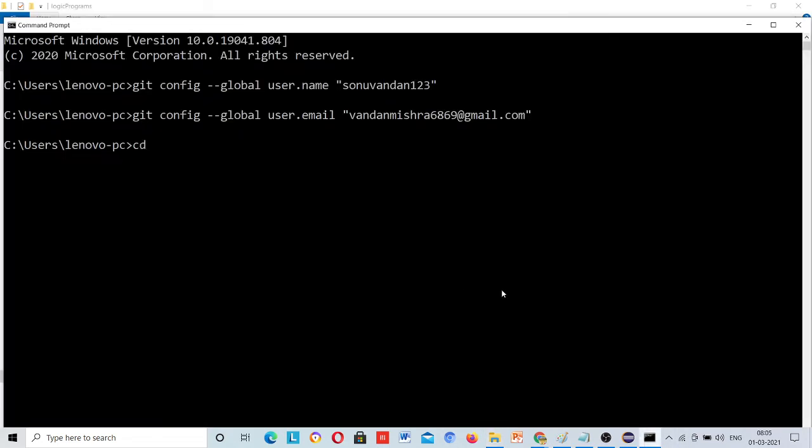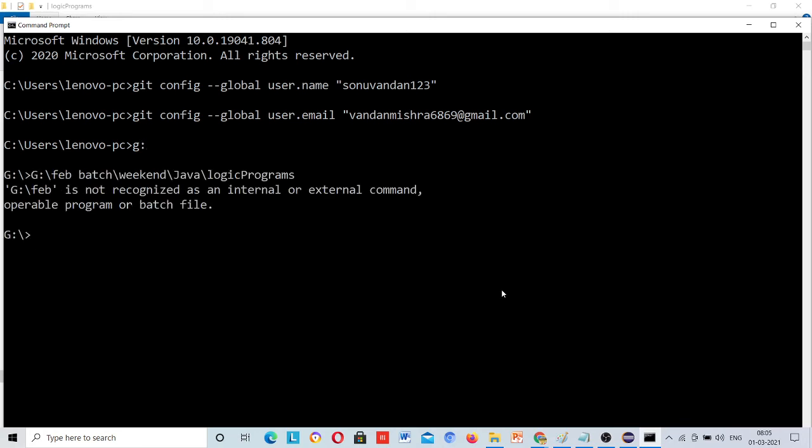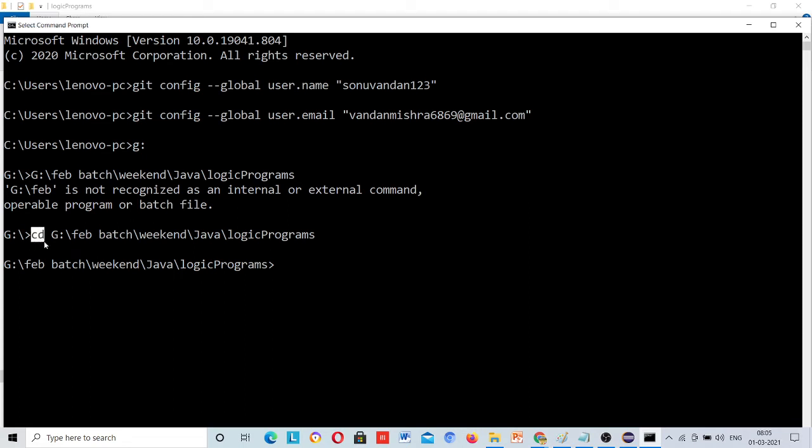I will go to this location, the G drive. Okay, I came to this location. If you want, you can come one by one. I just copied the location and pasted it over here. Just the cd command is used.